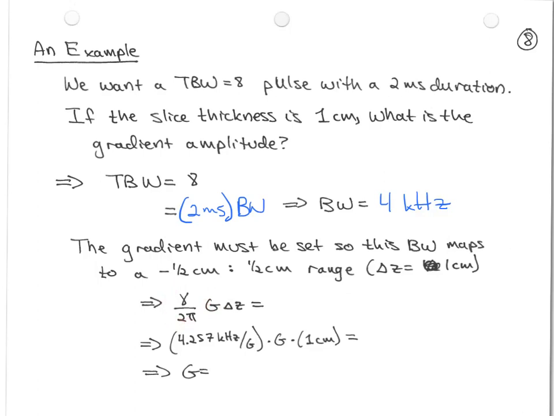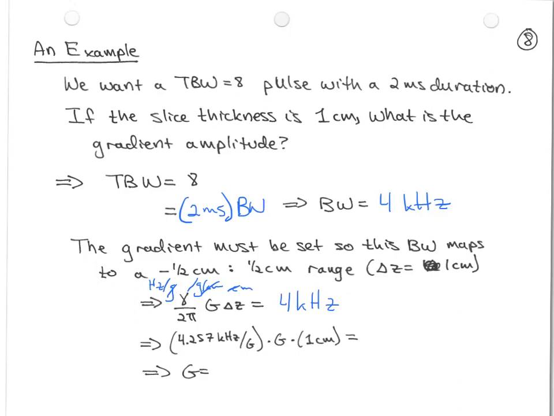So if you think about the units here, what do we have? We have centimeters, and we have Gauss per centimeter, and we have hertz per Gauss. So Gauss cancels, centimeters cancels, and we just get cycles. Right, or we just get hertz, and then that we can set equal to 4 kilohertz, right? Okay, so then that means that